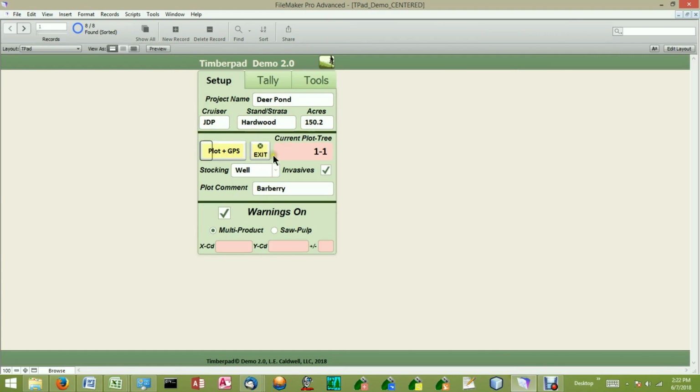The middle section allows you to create plots with GPS coordinates. You can add your own plot numbers if you want with a facility we call manual plot entry via this popover button. Auto plot mode is the standard where it just auto increments, so you would have plot 1, plot